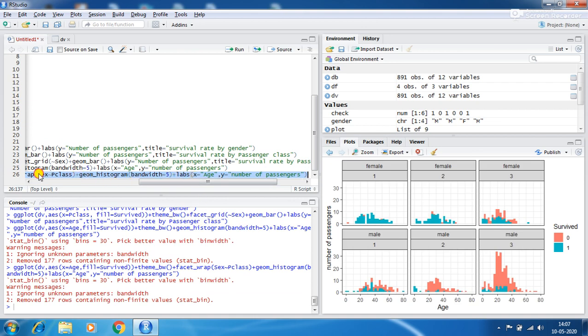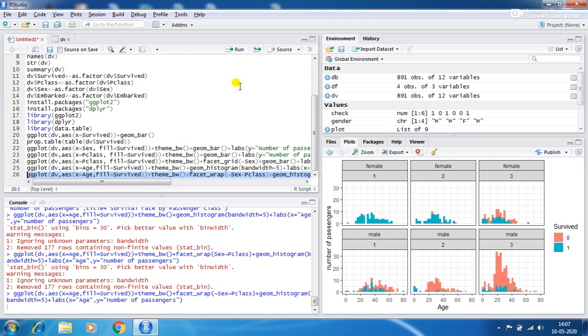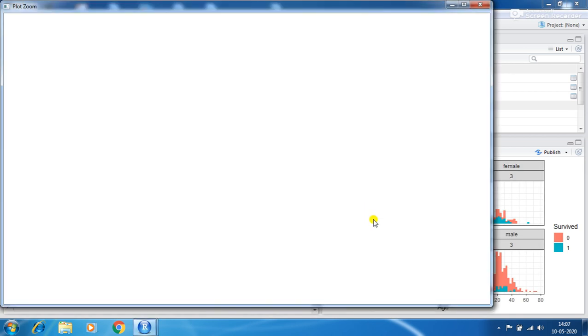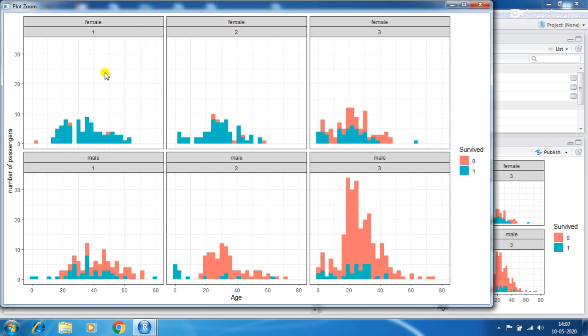This graph shows that in class 1, 2 and 3, the female people and the male people, and the survivor age we calculated is 0 to 80. That is the graph between 0 to 80.